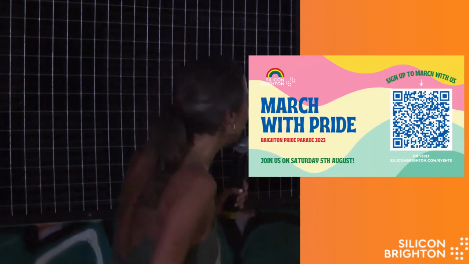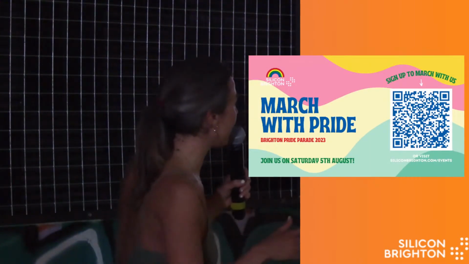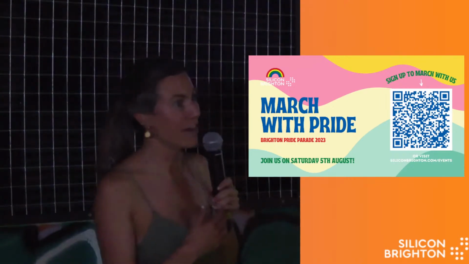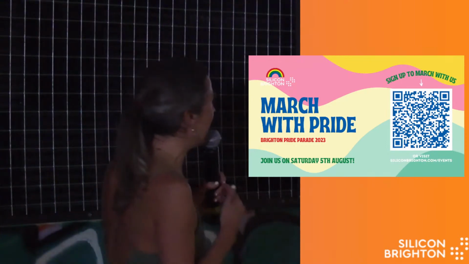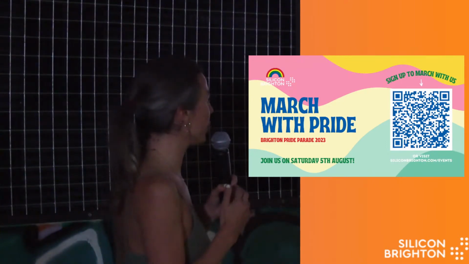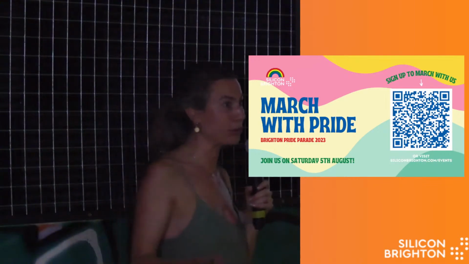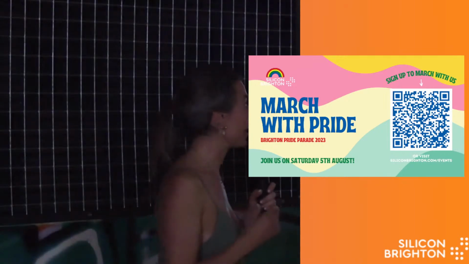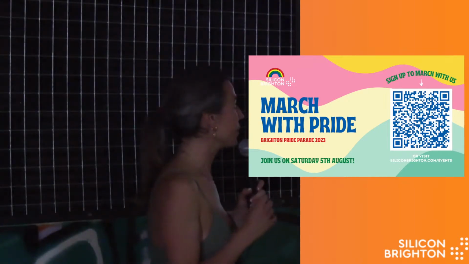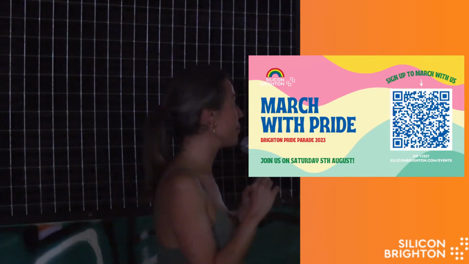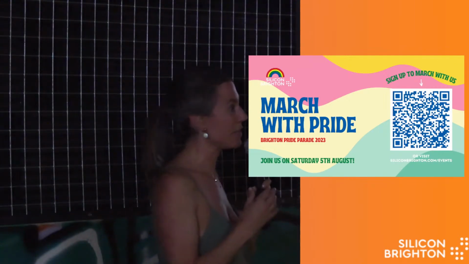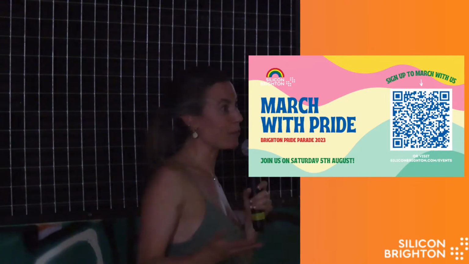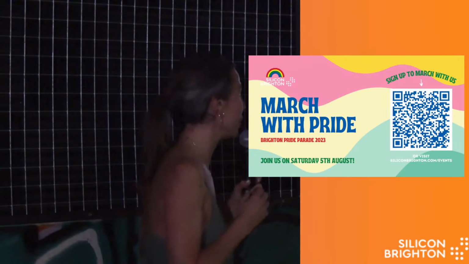Back one, thank you. So in terms of upcoming events, there's loads of stuff happening this week and the rest of the month. But this is a really exciting one because it's the first time we've actually marched with Pride. So that's Saturday, the 5th of August. We've booked a walking group for 50 people. And basically it's for our meetup community to come and get involved. So check us out. It's on Eventbrite. Space is limited, but please feel free to get involved and march with us, or tell someone else if there's anyone in your community who might want to.